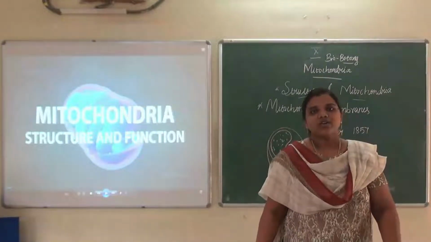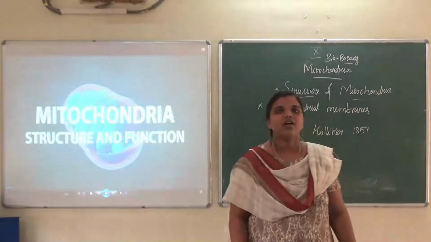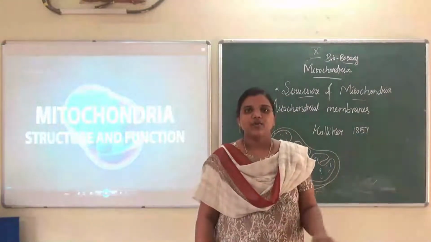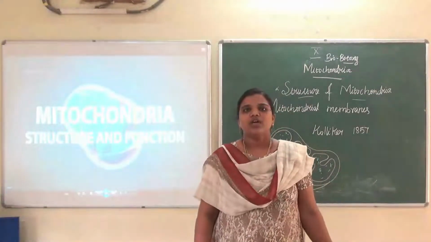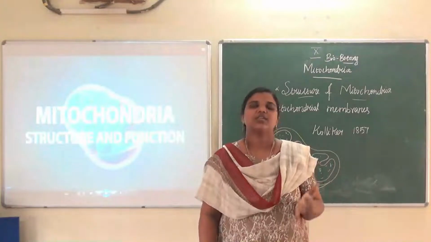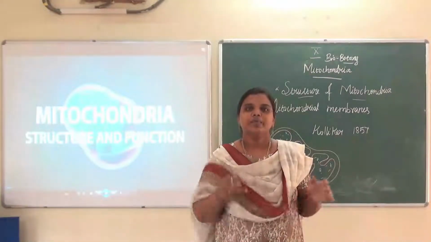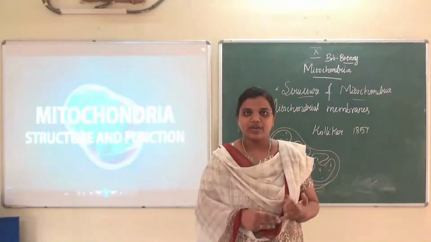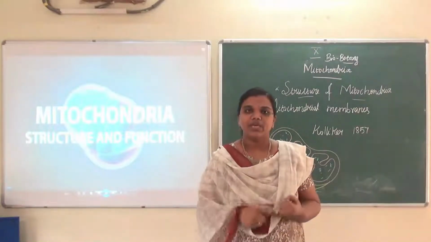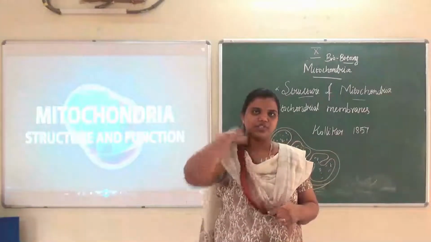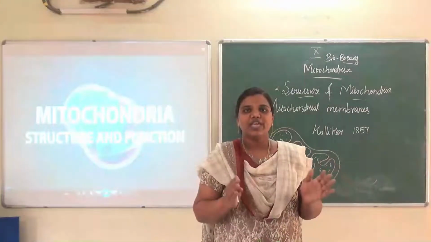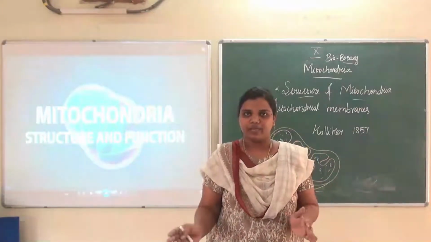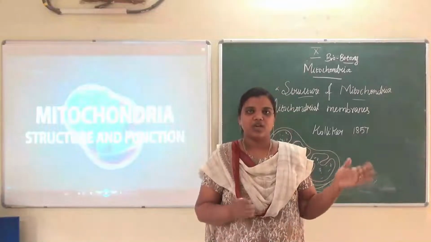Today we start teaching the topic mitochondria. But in the last video, in the photosynthesis topic, you know what photosynthesis is. Photosynthesis means preparation of own food in the plants. Plants have pigments: chlorophyll A, B, carotenoids and xanthophylls. Chlorophyll A is the primary pigment and chlorophyll B is the accessory pigment. You also have to watch that last video.